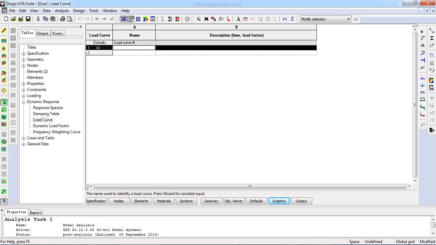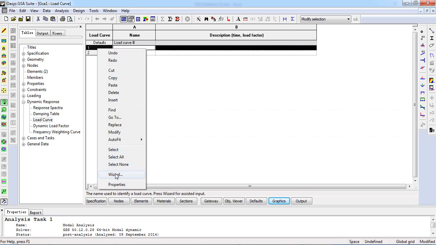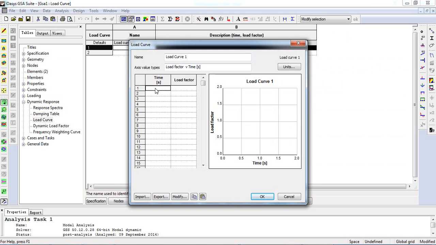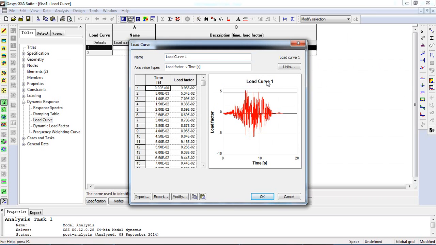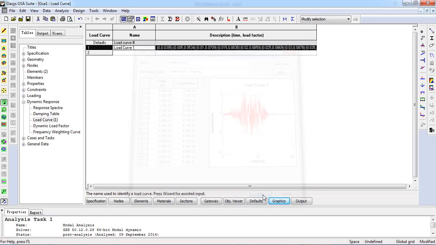We click on wizard and paste it in here. Then we can see the load curve 1 diagram, which is the load vectors versus times, and press OK. Okay, after we define the base accelerations, we should define the time history analysis, which is go to the cases